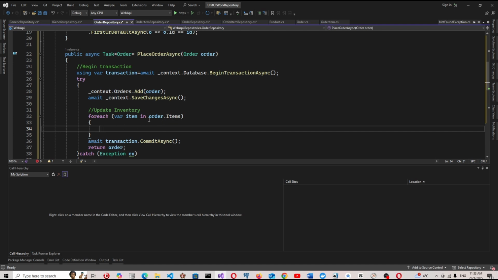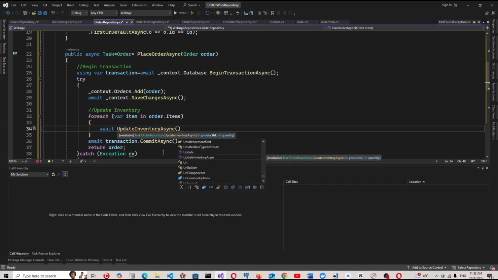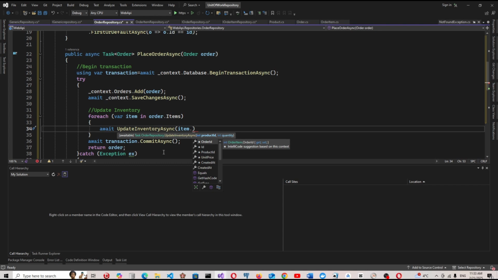This autocompletes pretty well this time, and we await using our UpdateInventoryAsync of this item.ProductId and item.Quantity,